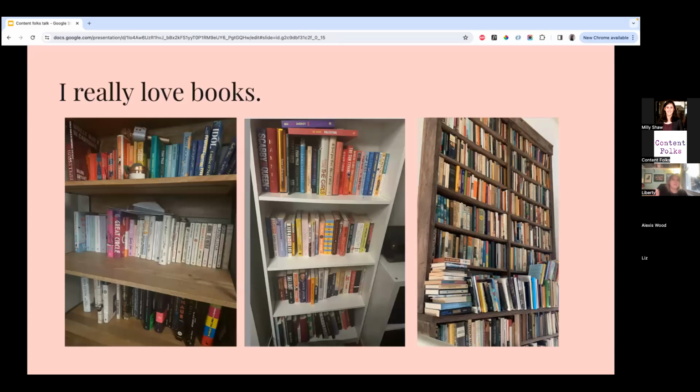is that I really love books. So here are a few of my bookshelves at home. I did an English literature degree, so I read a lot as part of that degree, and I never stopped reading. I read a lot of books, I buy a lot more books. I'm going to say some of the books in this picture are not my books, some of them are my boyfriend's books. I'm not a big David Jason fan, for example. But yeah, I consider book buying and book reading 2 different hobbies. So although I own all of the books in these pictures, I definitely haven't read all of the books in